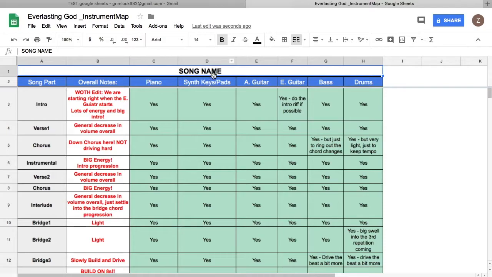Next, how does this template work? It's pretty easy. I'll go through the parts of it, but it has auto formatting. Before I go through how to use the template, let's go through the mindset of using the SongMap. So the SongMap